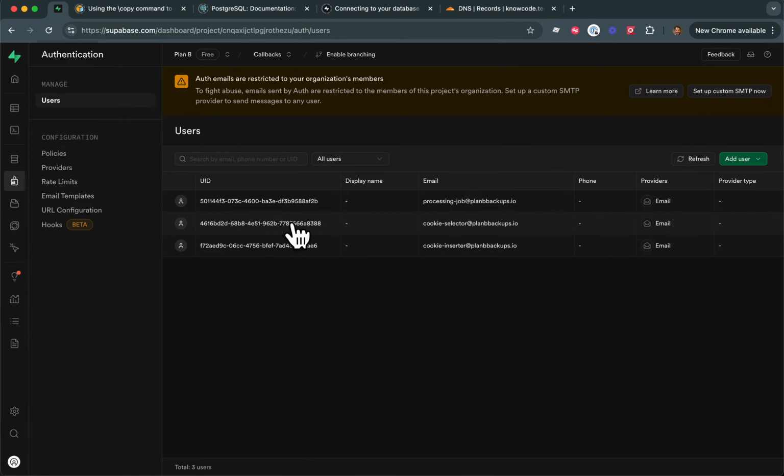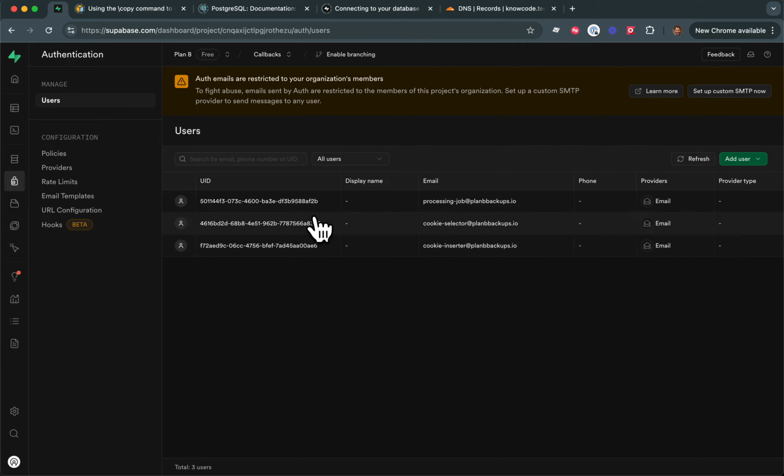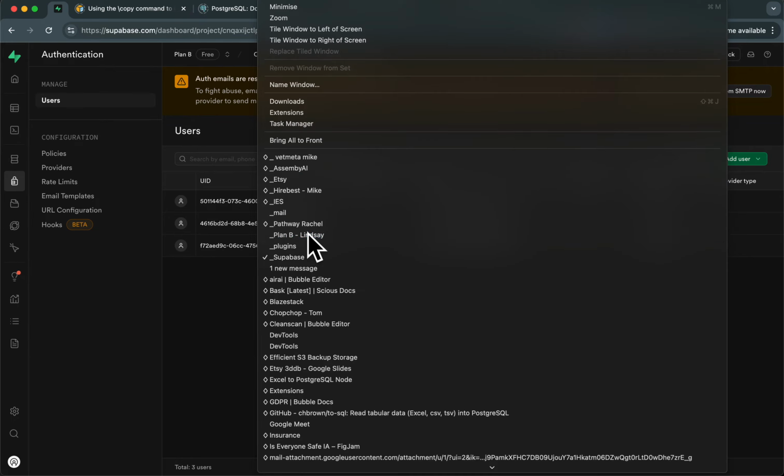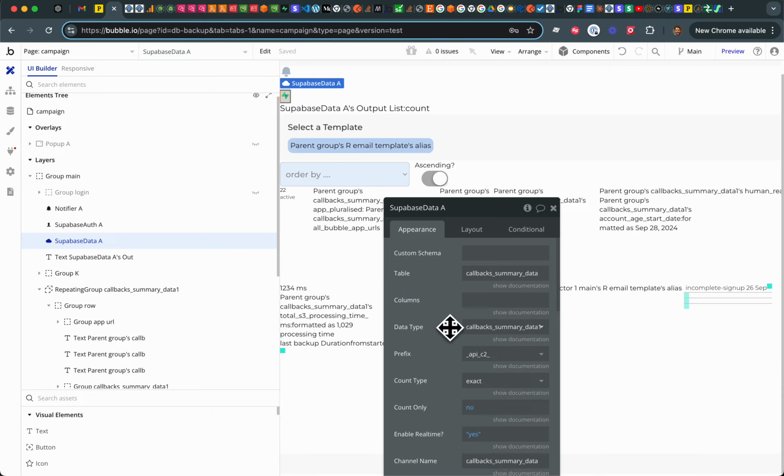That email and password represents one of these usernames and passwords. So it's a user at this level. So I can have an action in Bubble which creates usernames and passwords, exactly the same as creating users in Bubble, and those users are the users that can then log in to get a login to Supabase. So once you've got a login to Supabase, you can then set one of these up,